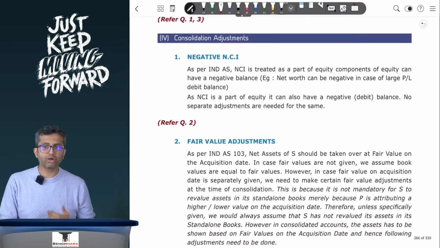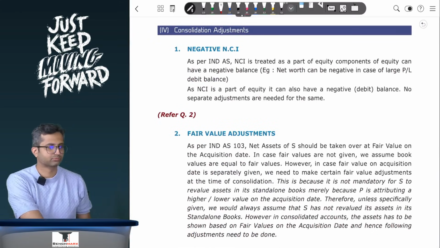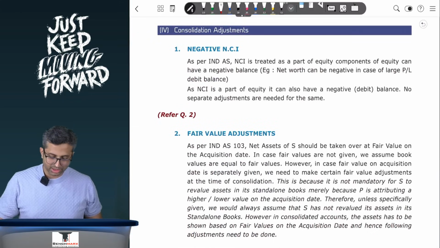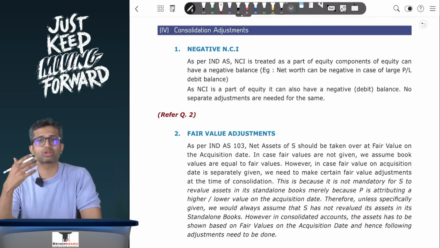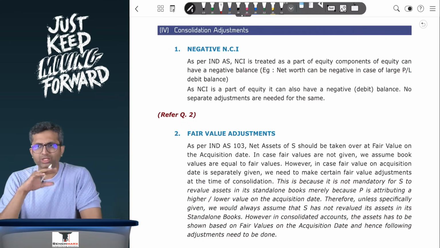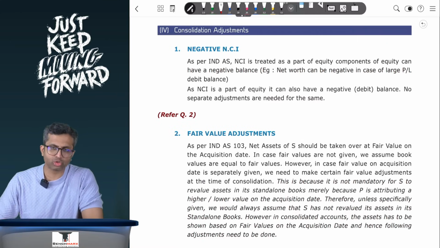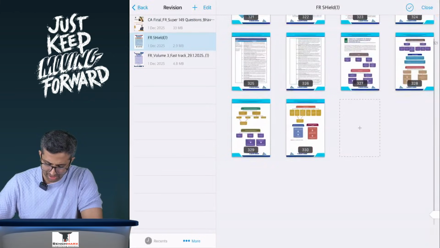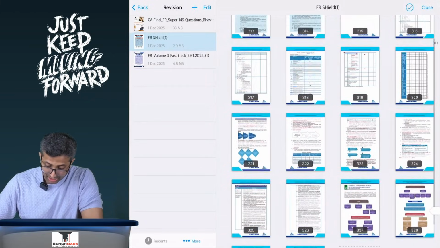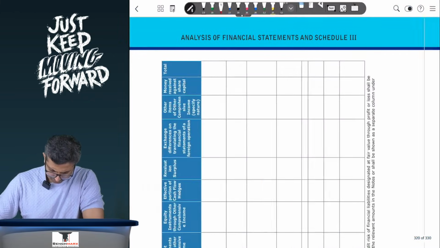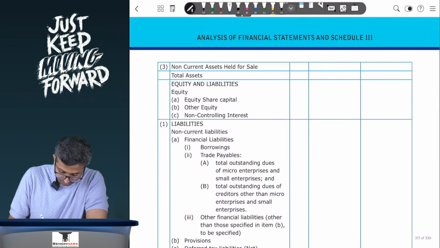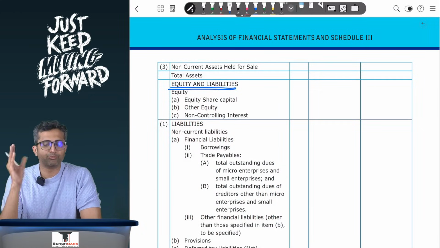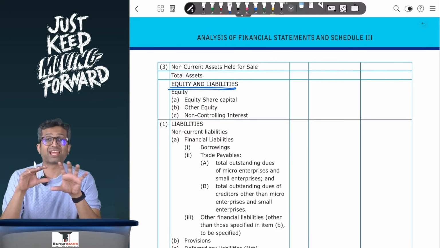Okay, now we'll focus on the consolidation adjustments. So we will discuss one of the basic adjustments, which is, can your non-controlling interest be negative? Now in your schedule 3, where will you show the non-controlling interest? Well, when you prepare your schedule 3 balance sheet, non-controlling interest appears as a part of other equity. And this is a difference between AS and Ind AS. If you remember, in your AS balance sheet, minority interest was left hanging between the